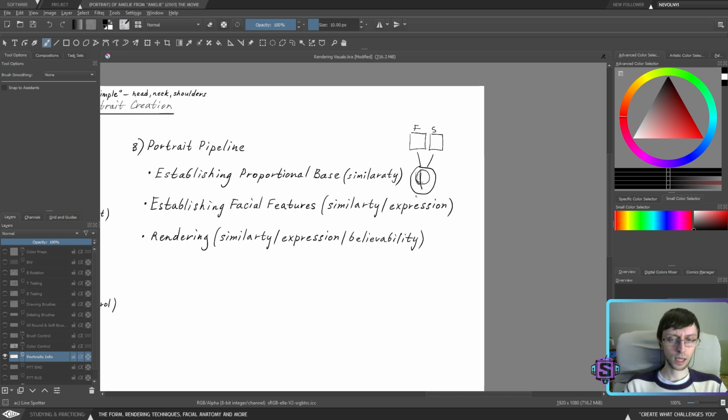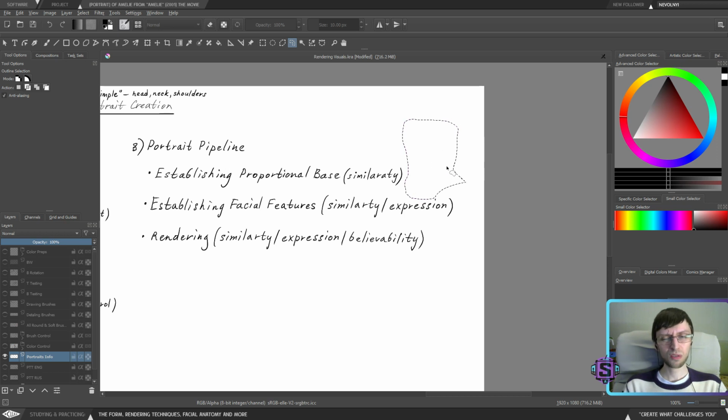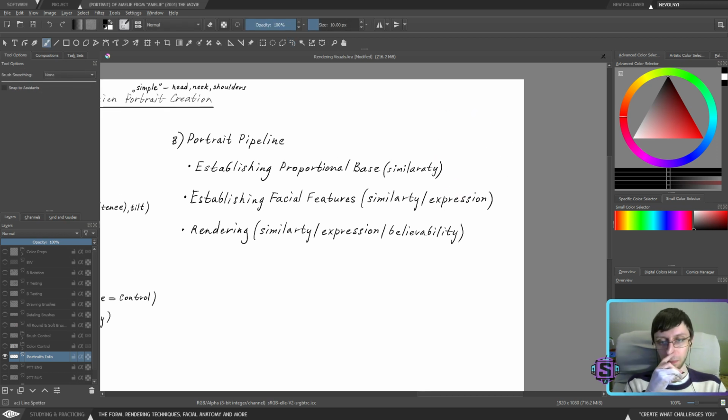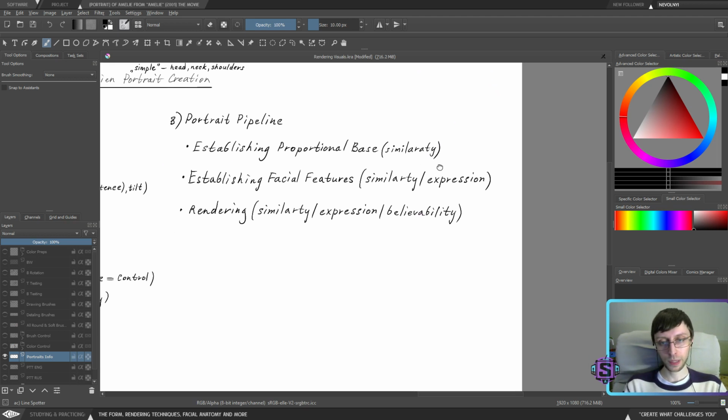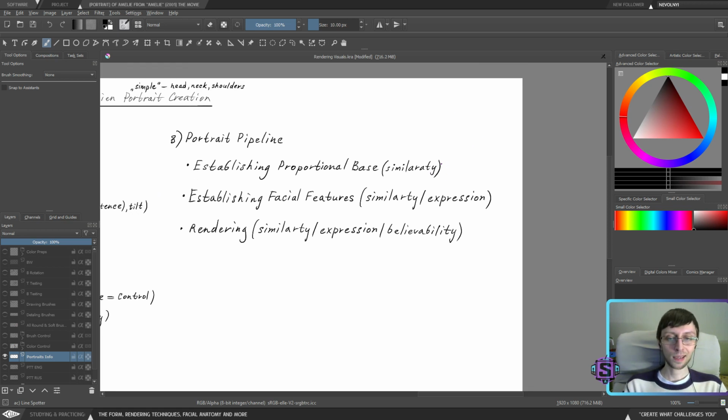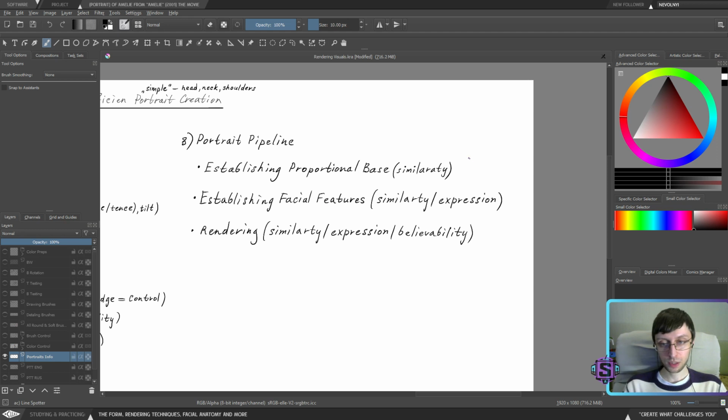Of course, we could study and implement the same skull on top of the actual photo, but I don't believe that personally works for me. We'll see what's going to work with this. But again, establishing a proportional base is usually going to be the first stage. Depending on how you're working, your proportional base could be something simple. If you're not working with anatomy, and you're working with your basic skills, you're just going to establish basic primitives and simplify those primitives into something that you understand. So your proportional base is going to be your own personal proportional base, not necessarily the anatomical version of it.